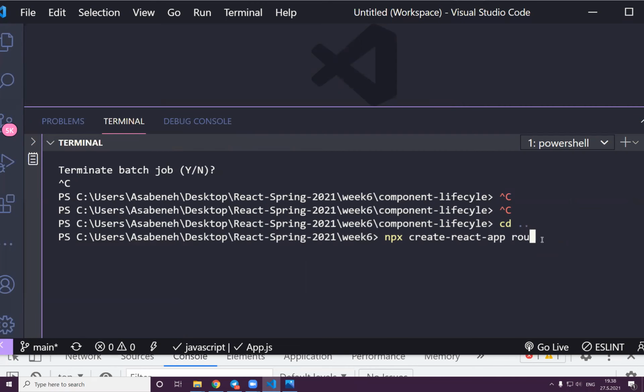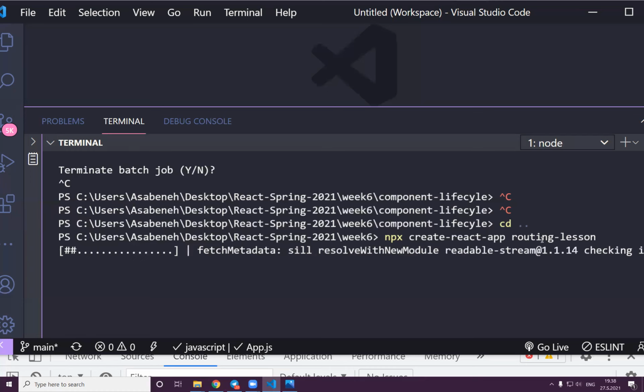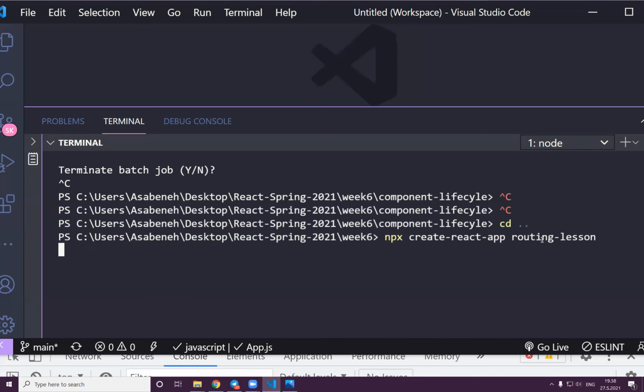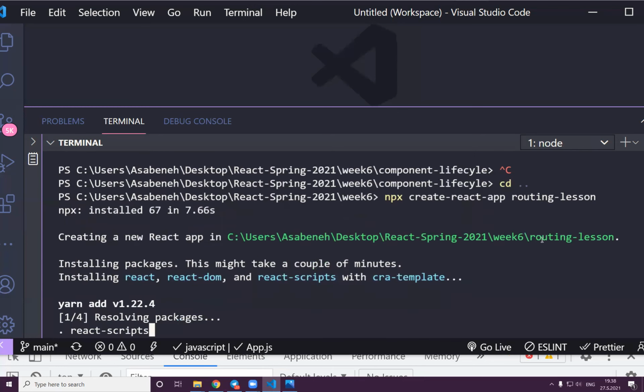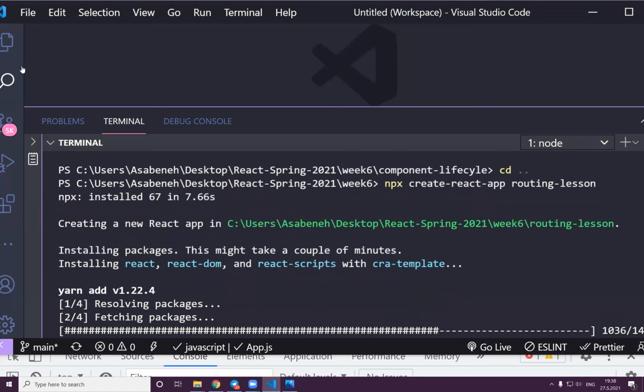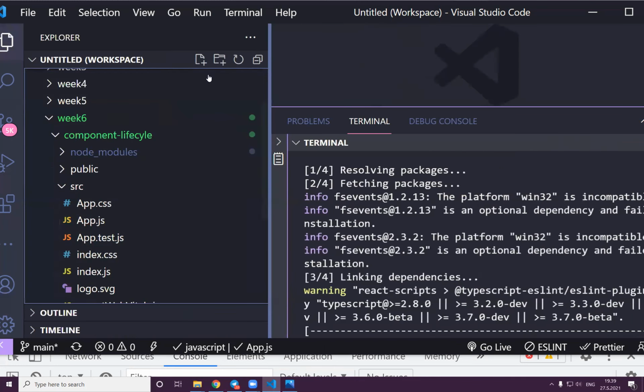routing, I call it routing. That might also be a very confusing name for create React app. Routing lesson, yeah, routing lesson. That would be good. Because with create React app, if you use already reserved packages or names, then it gets confused and doesn't create it for you. And in the meantime, I can remove this,